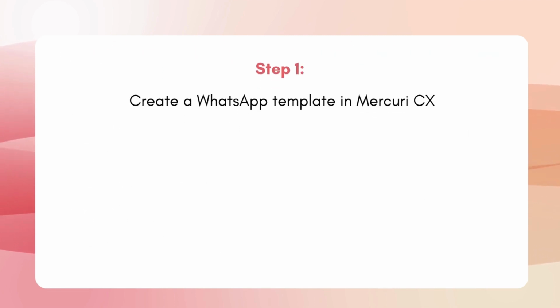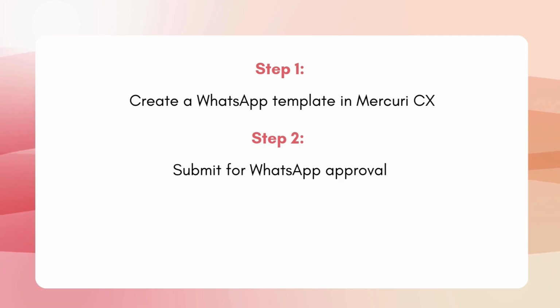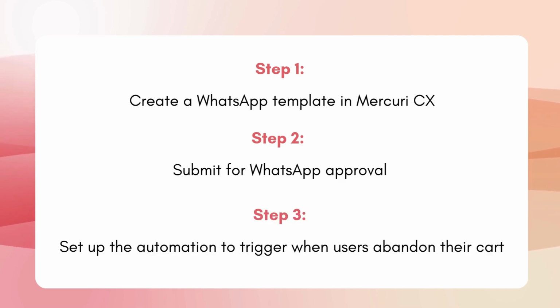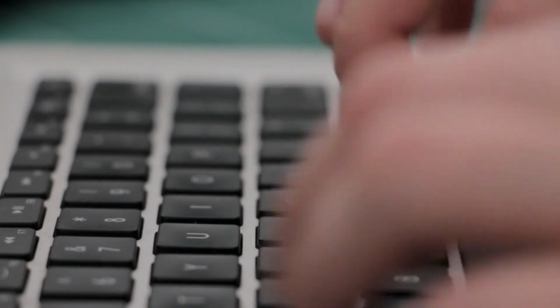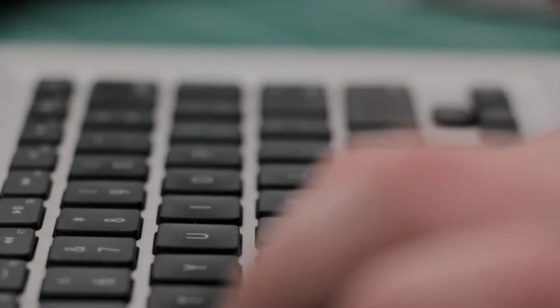Setting this up in Mercuri is super simple. First, create a cart reminder template. Once it's approved by WhatsApp, link it to an automated flow. Now, let's look at a live demo of how one can set up such automations with the help of Mercuri